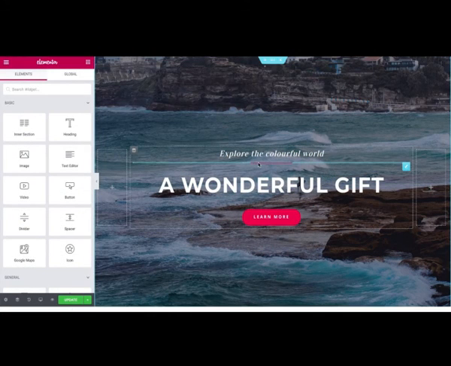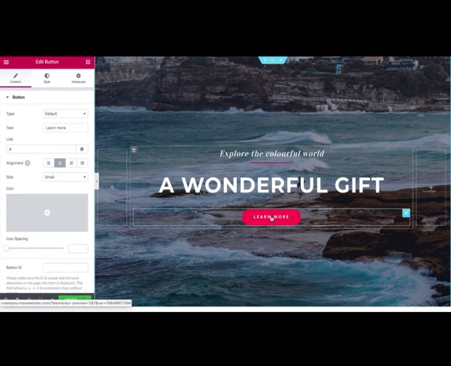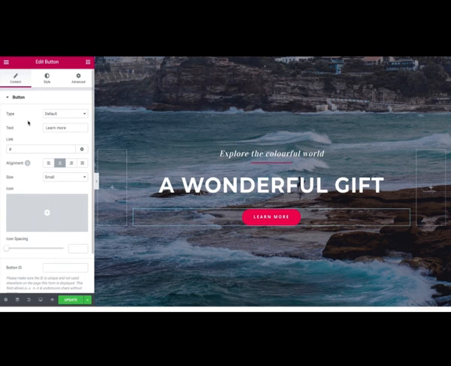It's that simple. I've shown you how to edit this divider right here. The text here is the same as I've just showed you, and then you've got a button here. So the button works pretty much the same way as everything else. You click to edit it, you can change the text, add a link in here, you've got alignment,